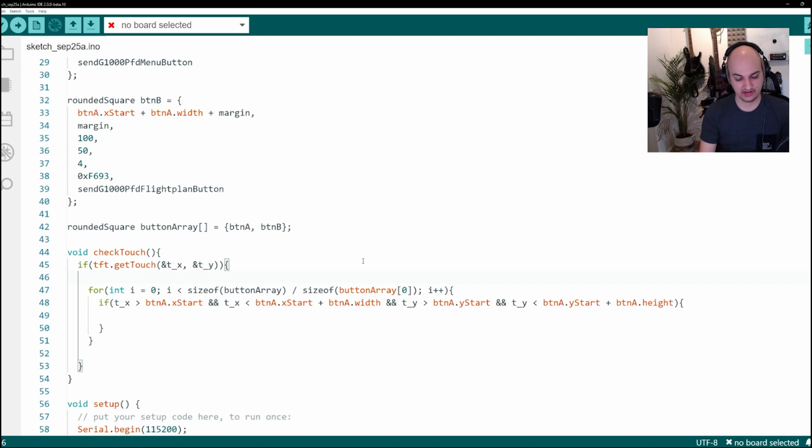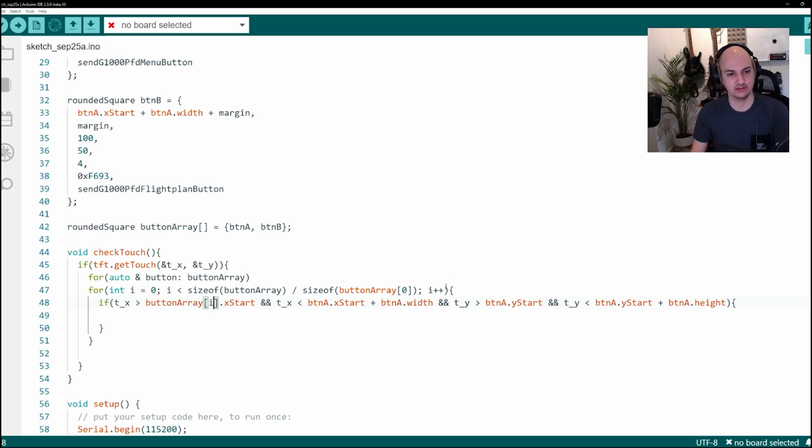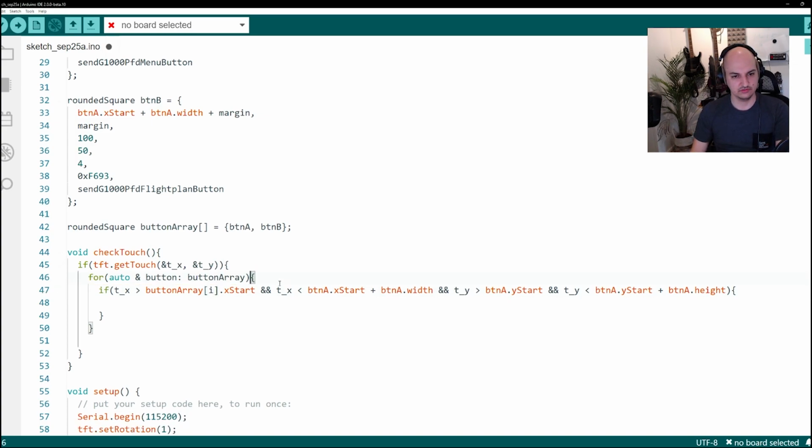Another option might be for auto address of the button in button array. Now what does this do? Now we take the button array and we can get every value from each element one by one, and it just iterates through each one of them, which we can call by the name button. So here in our previous example, we had to do button array i, which is fine, valid, works. But with the above one, we could do